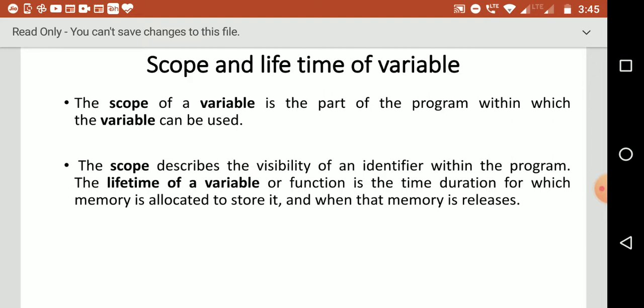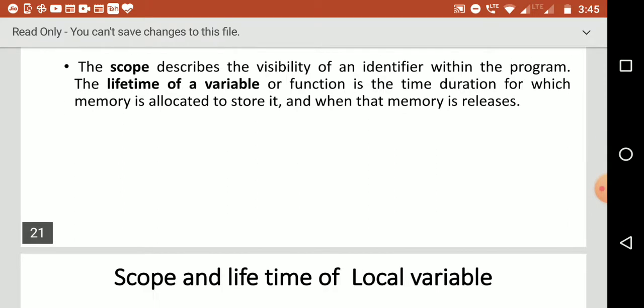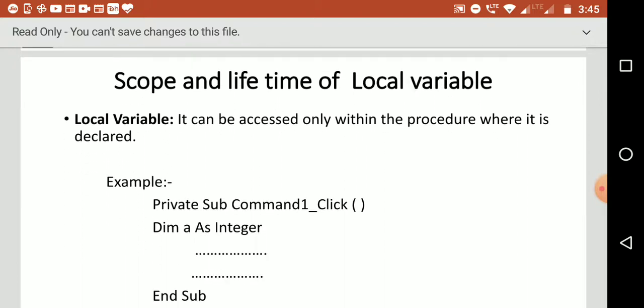If you come out of it, that variable doesn't exist in the memory. So to what extent a variable can be used in a program, how far it is visible, is called the scope and lifetime of a variable. We can define scope and lifetime of a variable as local variables and global variables.